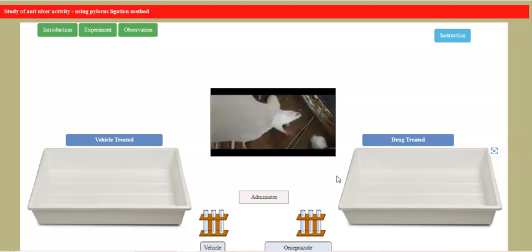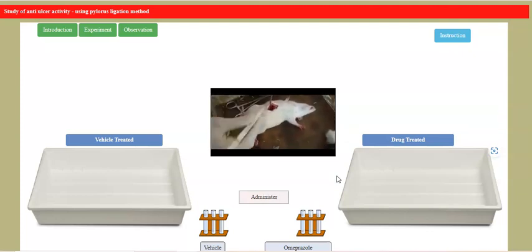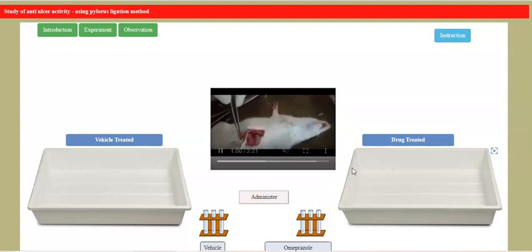This HCl may cause ulcers in the stomach, and we are going to check those ulcers after 19 hours of this surgery. So we are taking the stomach out of the abdomen and tying it with the thread. You can see this thread is tied here,